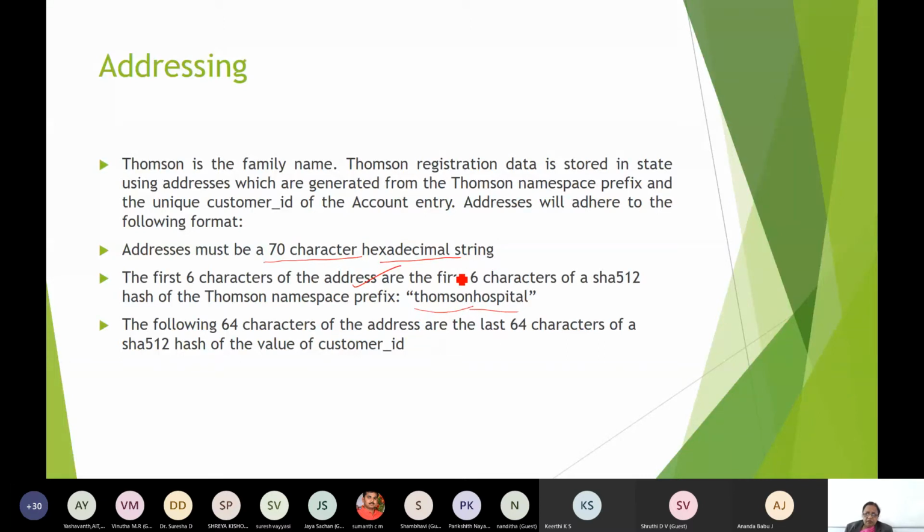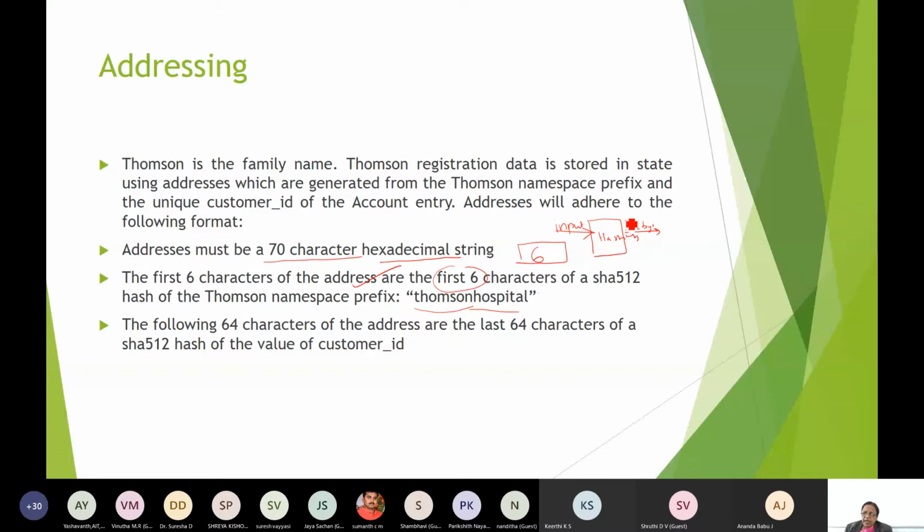Okay. The first 6 characters: this Thompson Hospital or Thompson is given as the input. You'll get a 32 byte output from this.